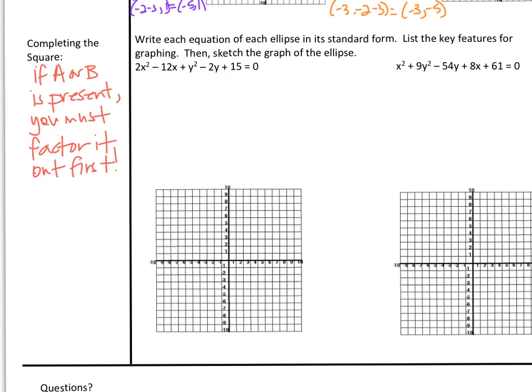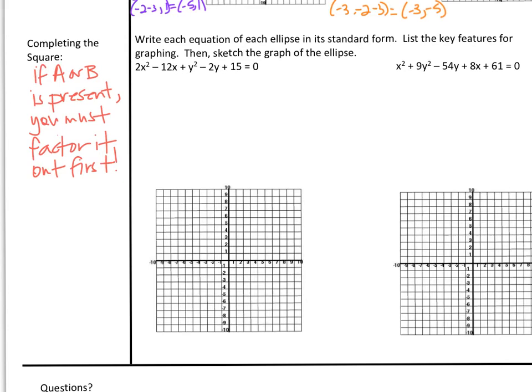Last but not least, similar to circles, you can write the equation for an ellipse if it's in standard form for a second degree function by completing the square. What makes ellipses a little bit more challenging is that when A or B are present, we have to factor them out first. Remember, completing the square only works when your squared term has a coefficient of 1, but remember, ellipses have different values for A and B, so it might be an instance where you have to factor that